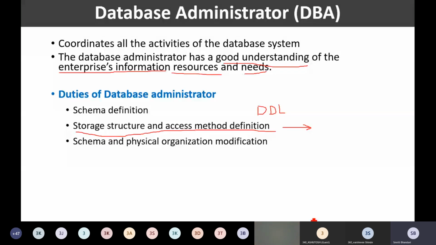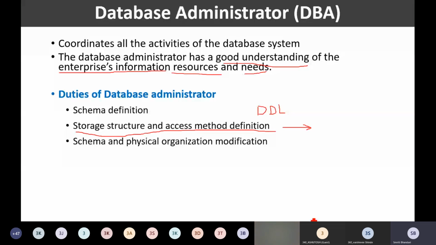So if that is not included in my database earlier, what do I need to do? Now I want to accommodate it. I need to modify that schema so that I can accommodate whatever the new requirement is. Sometimes it may happen that right now I'm storing some data related to the student, some data related to the instructor, but now I need to add some more attributes in my student table, in my instructor table, or something like that.